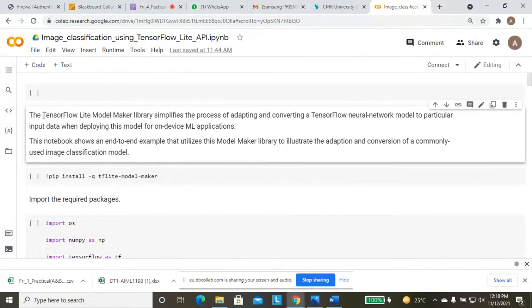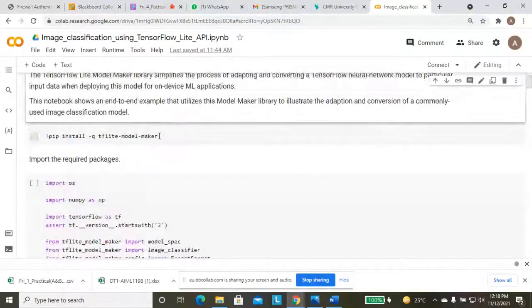So what is TensorFlow? TensorFlow consists of different libraries. It is a package which is used for machine learning algorithms, and we will use this model and image classifier library to classify the images.